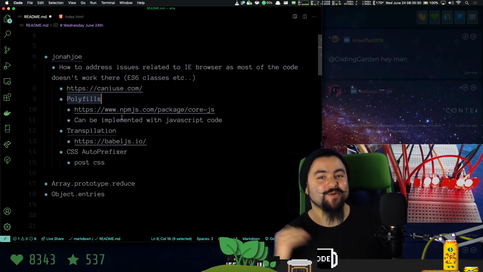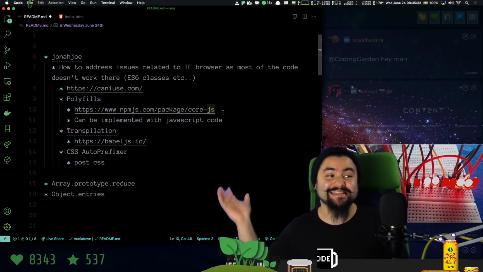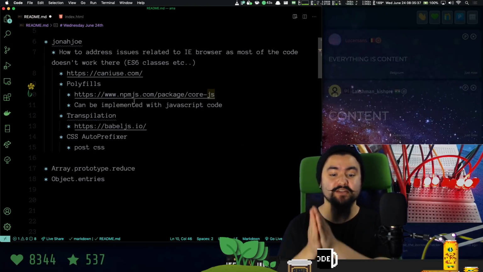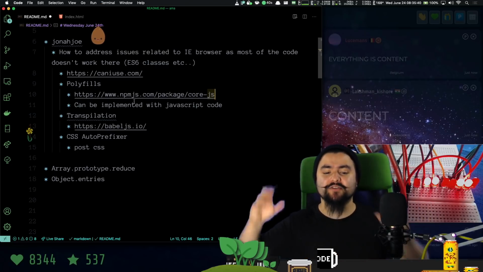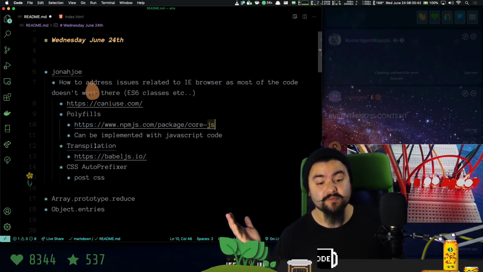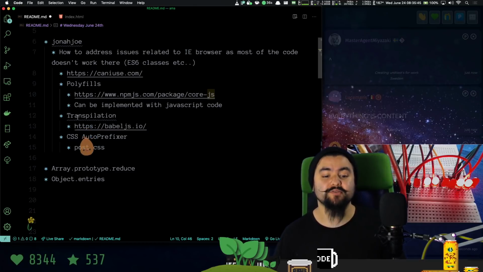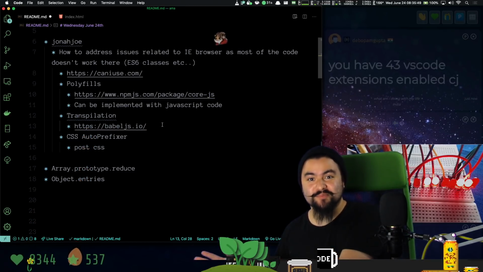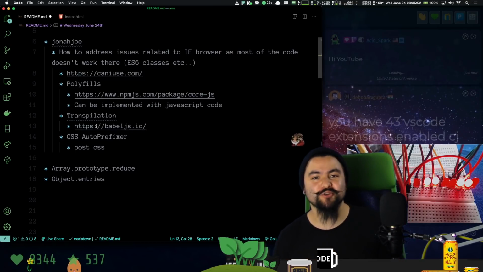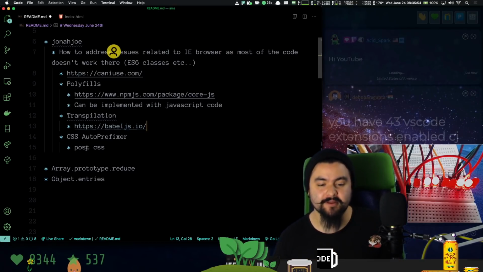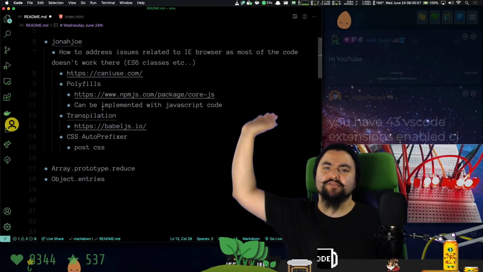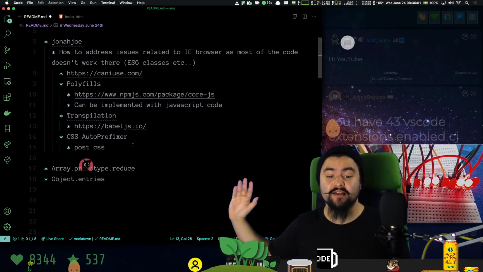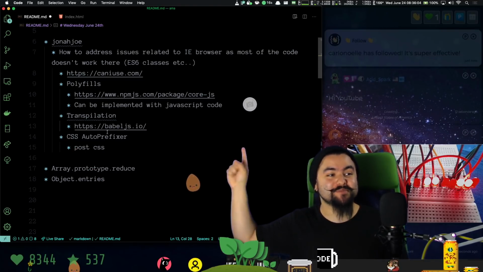Now, you pretty much don't have to write your own polyfills because a lot of them exist out there, like core.js. But polyfills are things that can be implemented just with JavaScript code. You don't need any external things. There are some things you can only get working using transpilation, where basically you write code that isn't directly supported in those older browsers, but then you run it through a tool like Babel and it converts it to code that is supported. And all of those things are specific to JavaScript. And then you also have things like an auto prefixer for CSS. And there's probably a lot of other stuff that I'm missing, but what we're specifically going to talk about right now